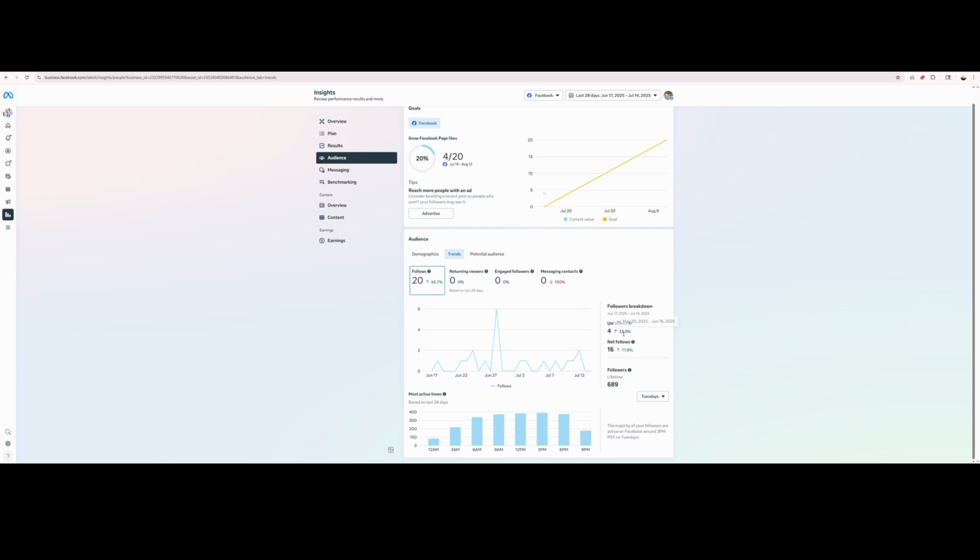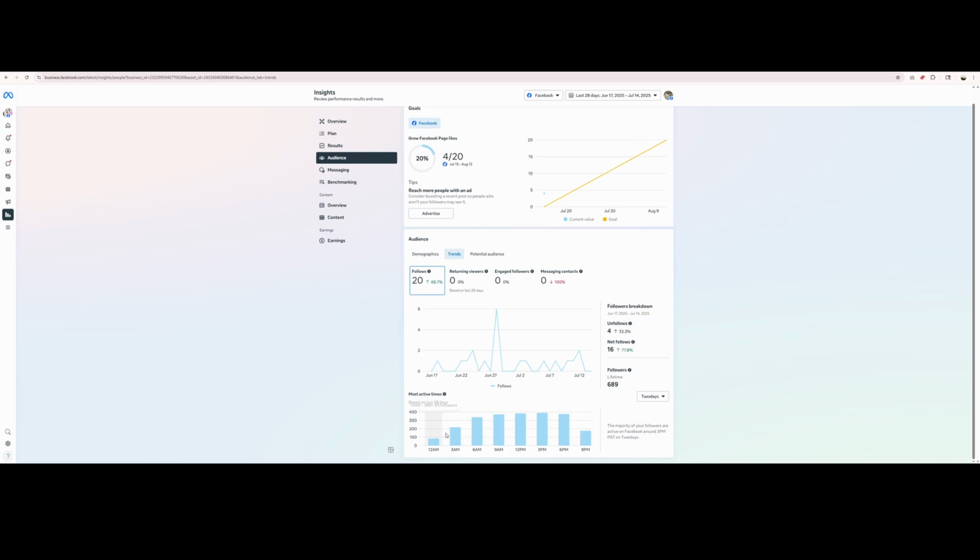And it's going to tell you who's unfollowed you, how many followers you've gained, and what days were the spikes happening. Now, if you look at the bottom here, these are all of your active times. These are the best times to post. This, I believe, is your reach. And then this is just like obviously the time.